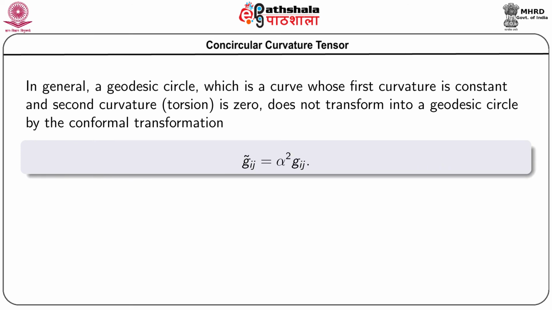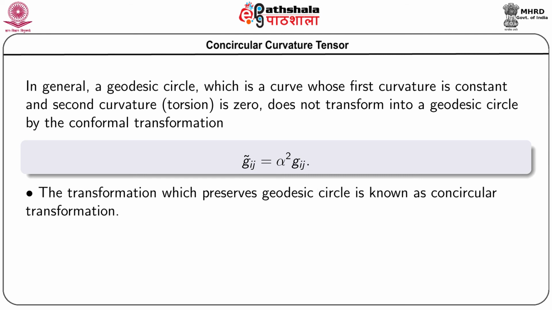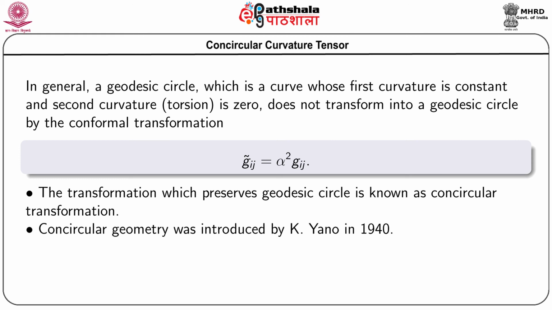This one is the conformal transformation, and geodesic circles are not preserved by it. The transformation which preserves the geodesic circle is known as concircular transformation. Concircular geometry was introduced by K. Yano in 1940,